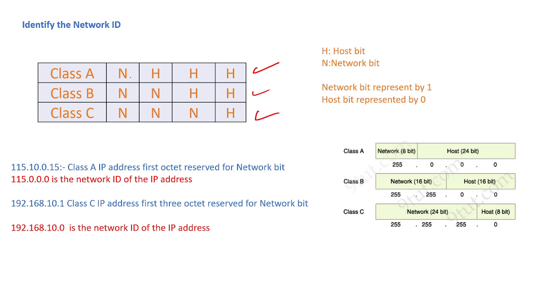See here, in the N places I write 1. Host bit means H, network bit means N. Network bits are represented by 1 and host bits are represented by 0. So if I apply this formula here, an octet is there, so let me put 1 1 1 1 1 1 1 1, and then put